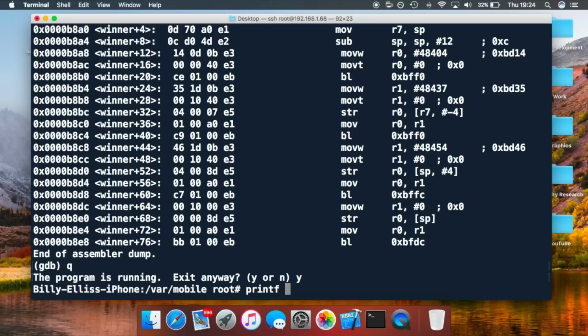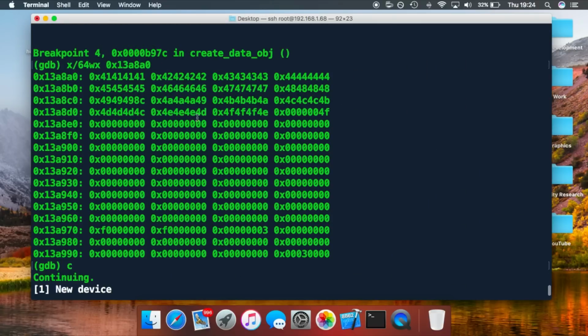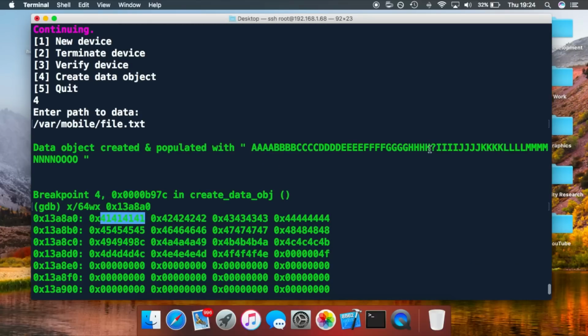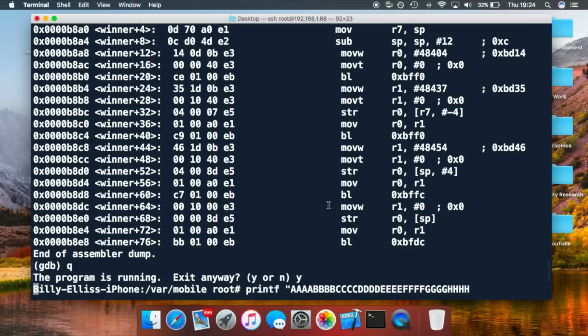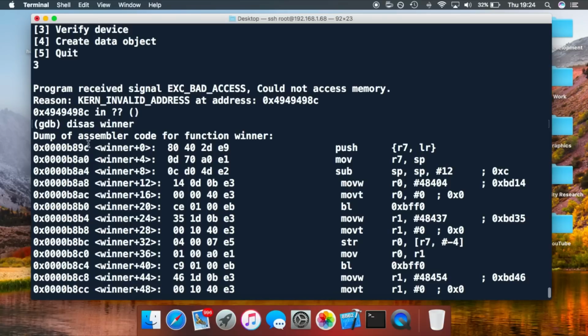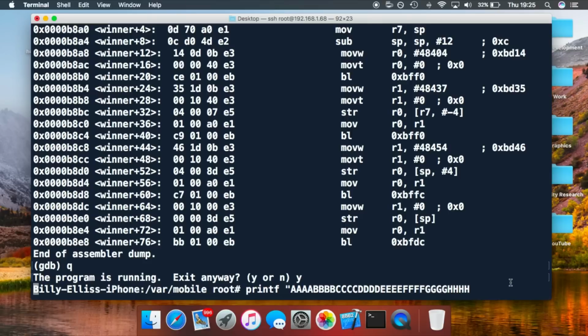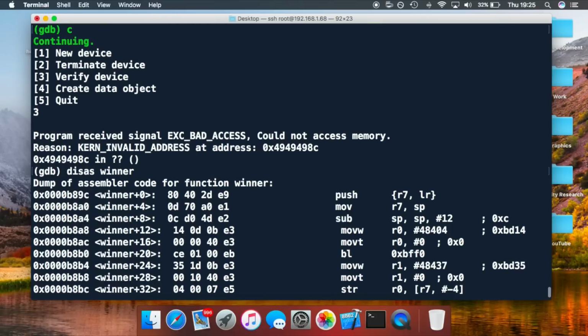So we're going to type printf, and now we need our offset padding, basically the number of characters we need before this address. You can see we've got 4141 all the way up to 4848, which is up to the h in this string. So what we need is printf all the way up to h, followed by the hex bytes in little endian, so reverse byte order, for this address. It's going to be 9C B80000, and you can enter them with printf by doing a \x, and then we're going to have 9C